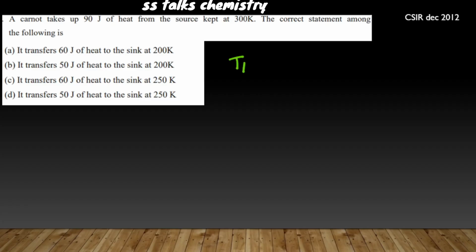So the temperature of the hot body we are having is 300 kelvins and the amount of heat which is being absorbed is 90 joules. The correct statement among the following is: it transfers this much heat to the sink. Okay. So here this temperature and the heat which is being absorbed or ejected can be correlated with the relationships of the efficiency